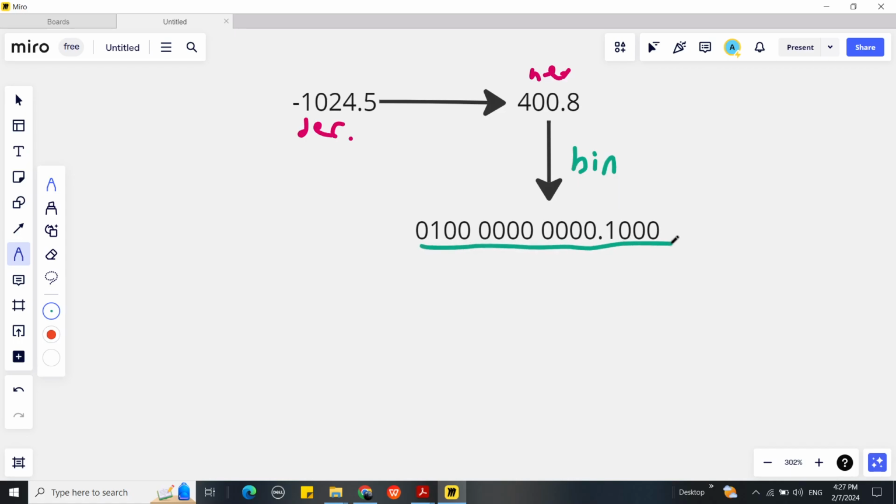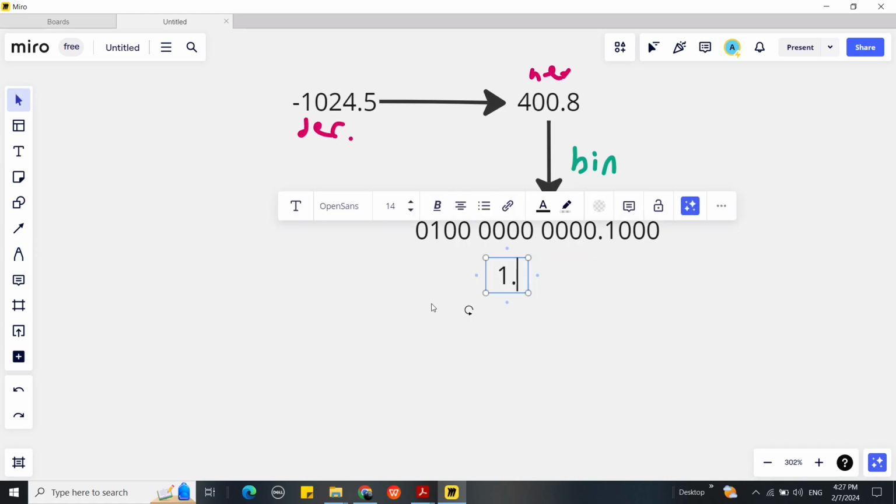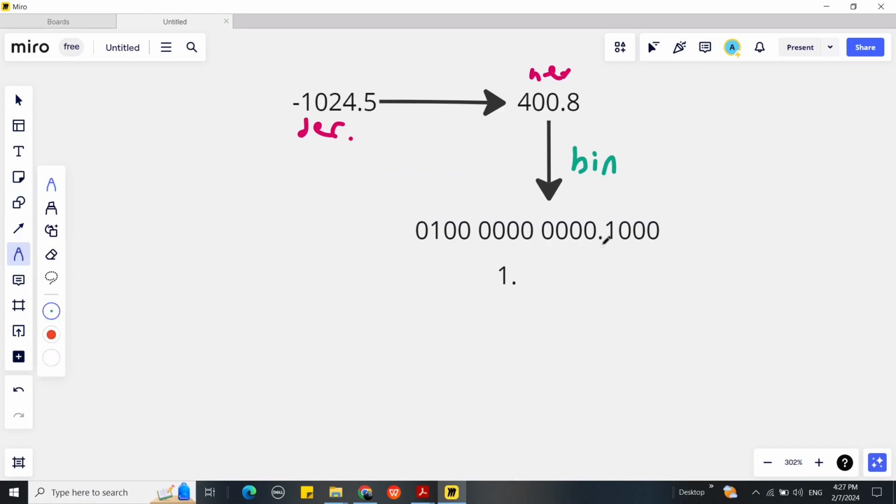Now, if you remember correctly, once we change our number from hexa to binary, we get what? We get the scientific notation. And since we are going to make this number smaller, our power is going to be positive. So basically, this is going to be 1 point. We're going to change this point to